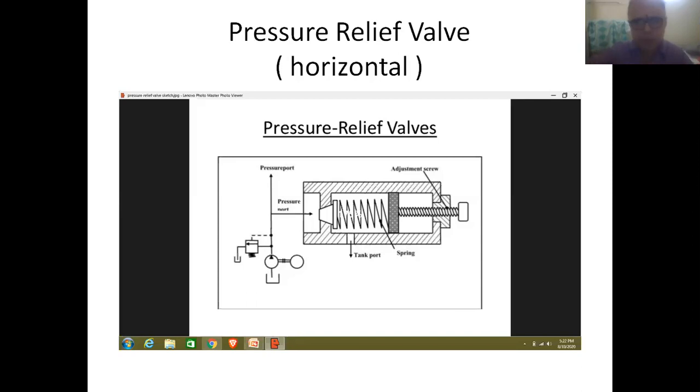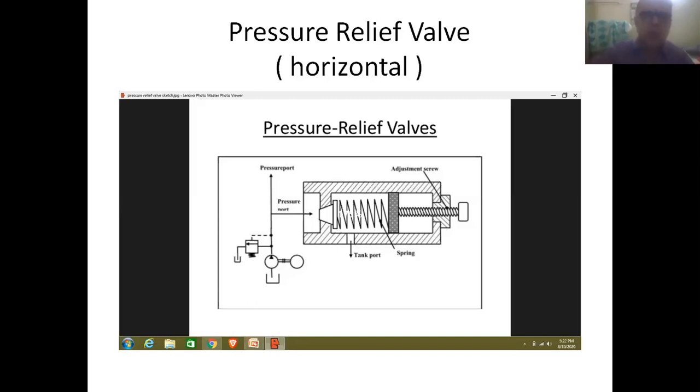By rotating the head of this element in clockwise direction, we can move the element in reverse direction. And by rotating this element in anti-clockwise direction, this screwed element can be moved in forward direction. Depending upon the requirements, this element will be kept in a suitable or convenient position.